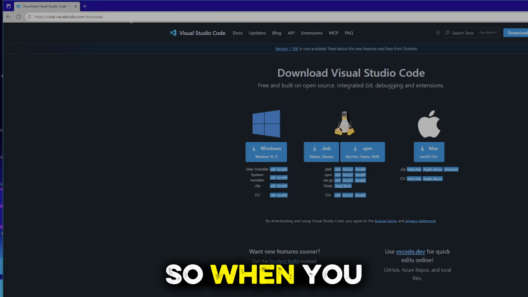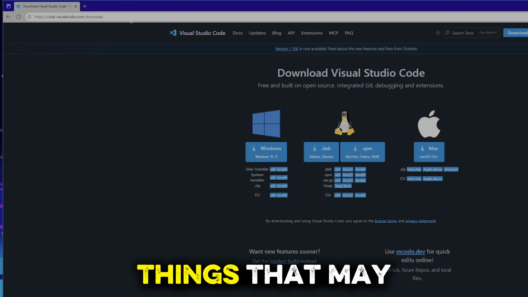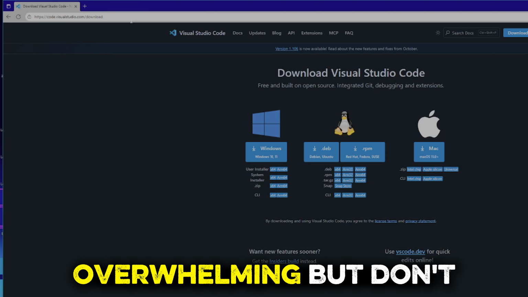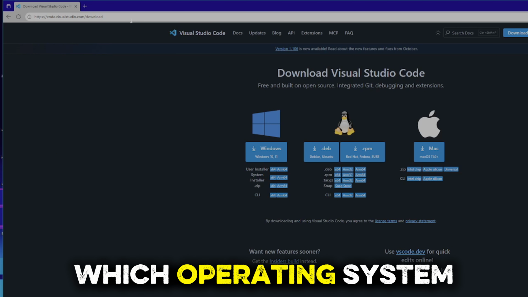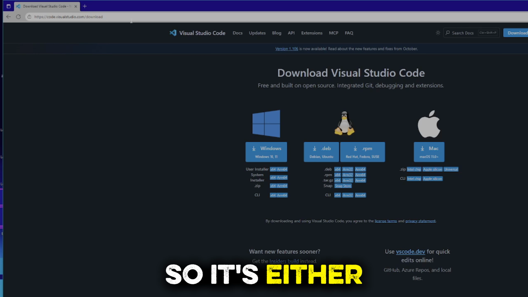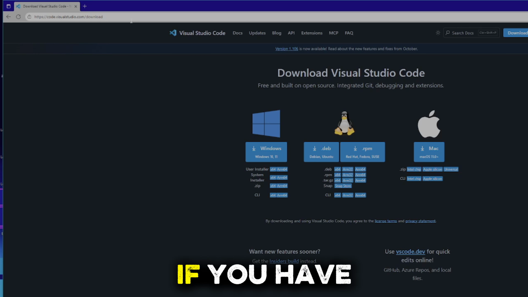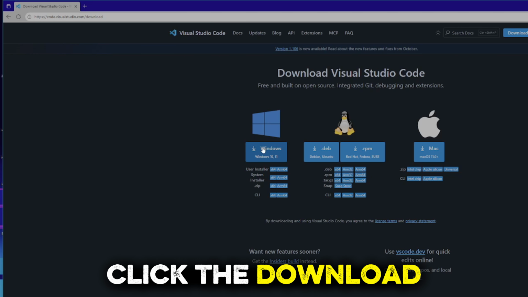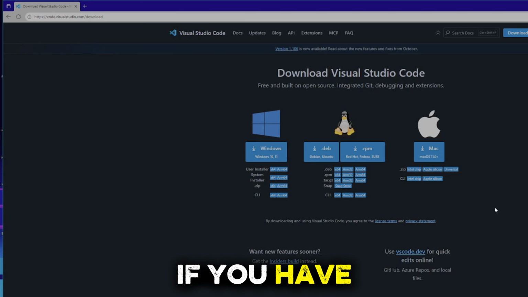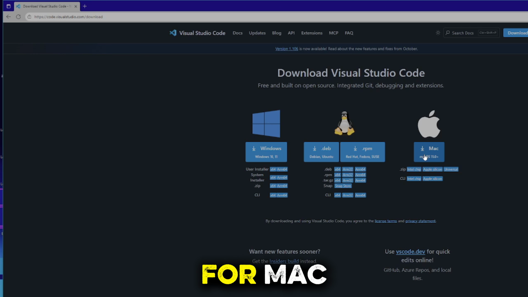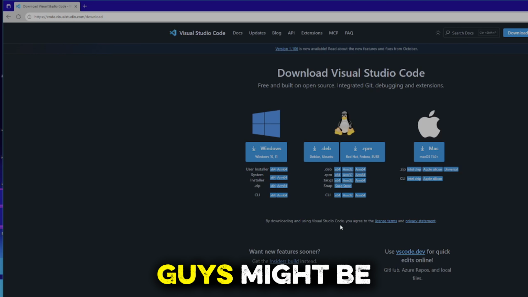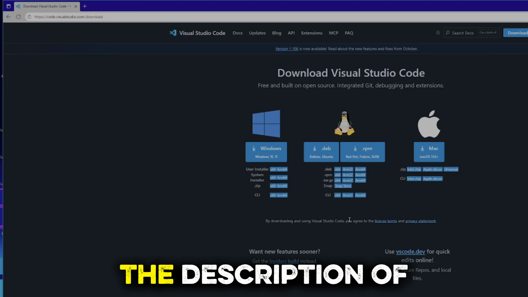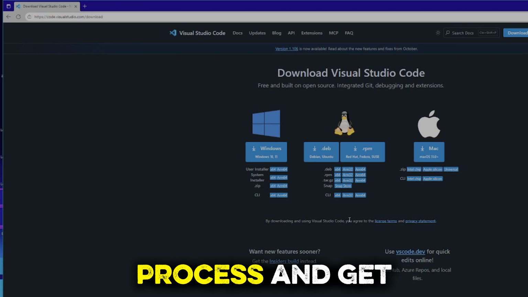So when you come onto the site, you'll see a few things that may look a bit overwhelming, but don't worry, I'll explain everything. So you want to figure out which operating system your computer is using. So it's either going to be a Windows or a Mac. If you have Windows, you can go ahead and click the download for Windows, and if you have a Mac, you can go ahead and click the download for Mac. But if you are using any other operating system like Linux, which some of you guys might be, then I'm going to leave a link in the description of how you can go through that process and get ready and